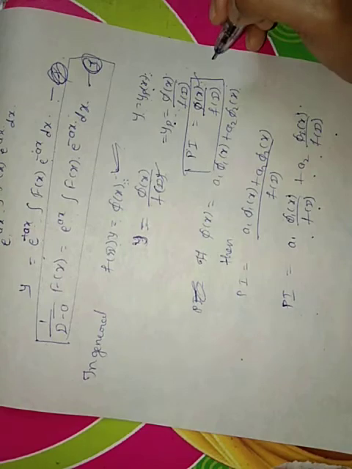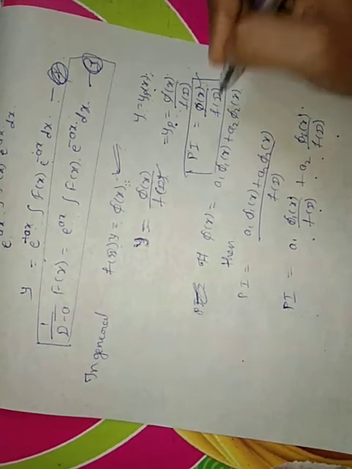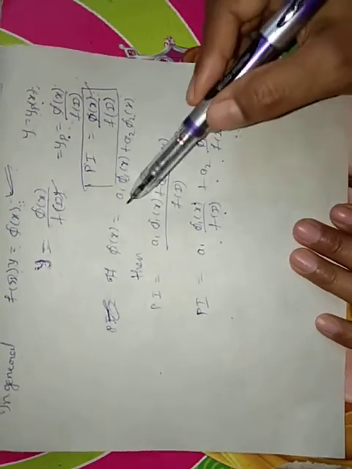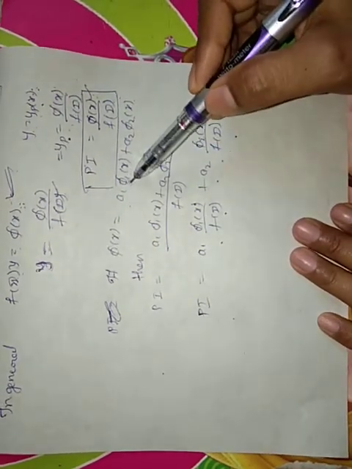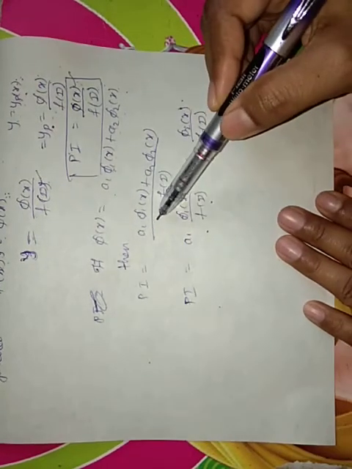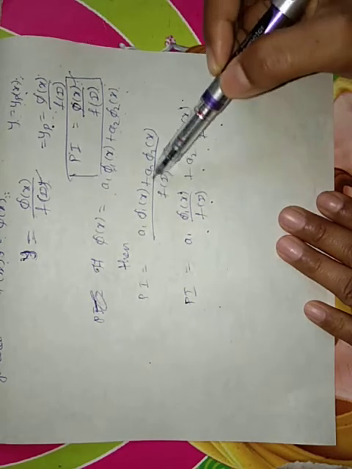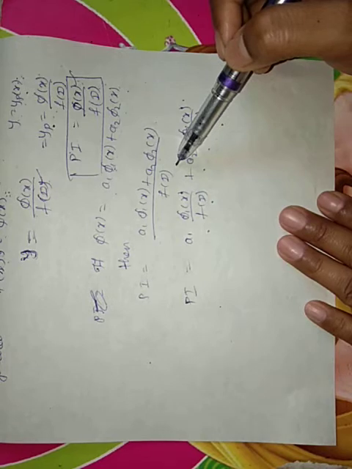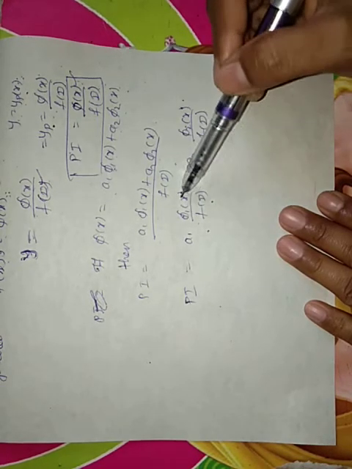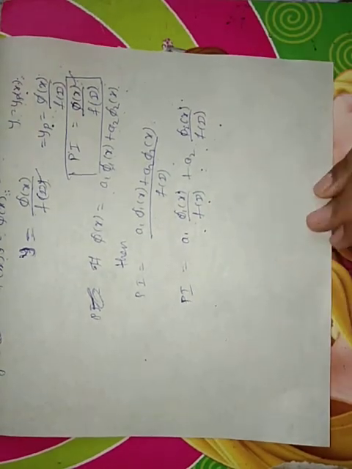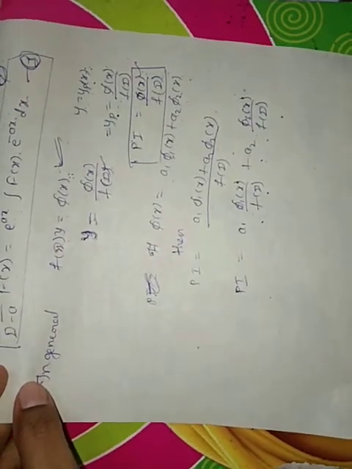Suppose the function of x is split, then we have to apply this denominator to both the functions. Here, if xi of x is equal to a1 xi1 of x plus a2 xi2 of x, then our particular integral is equal to a1 xi1 of x plus a2 xi2 of x divided by f of D. So that is equal to a1 xi1 of x by f of D plus a2 into xi2 of x by f of D. That is how to split the function into both the functions.